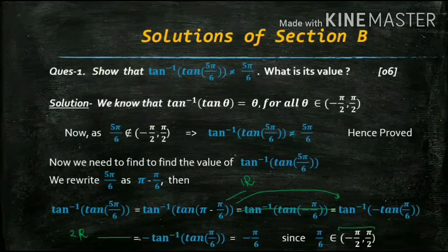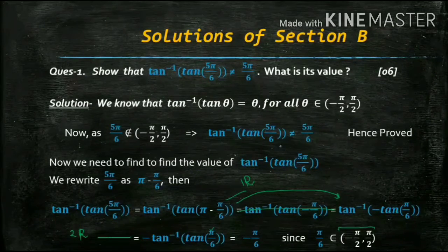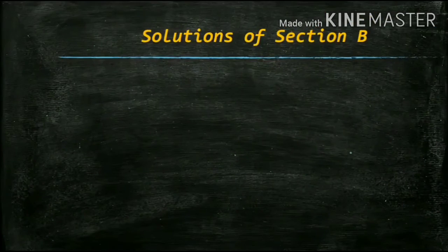That is the first reasoning. Second reasoning: tan inverse of tan x is nothing but x whenever x belongs to the open interval minus pi by 2 comma pi by 2, and pi by 6 satisfies that property, so you can directly say it's pi by 6. Okay, so two reasonings you have to give to show this. So this is just an easy question of 6 marks. If you have properly used the properties and given the proper reasoning, just grant yourself full 6 marks. Otherwise, deduct accordingly.